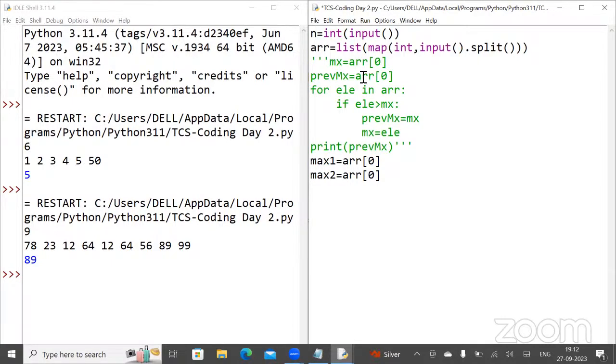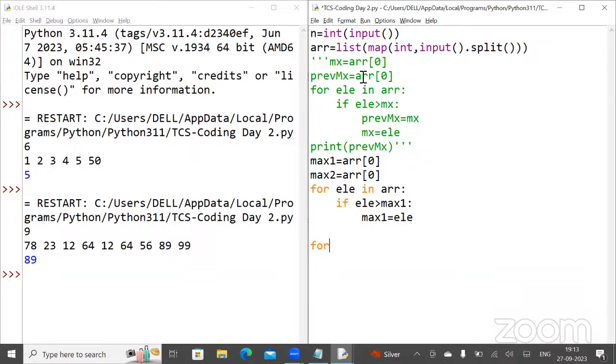So use the for loop again to find the actual maximum element. For element in array, if that element is greater than max1, then max1 must equal the element. Now using this for loop, as you have observed, we have found the actual maximum number from the array. Now we have to find the second maximum number.